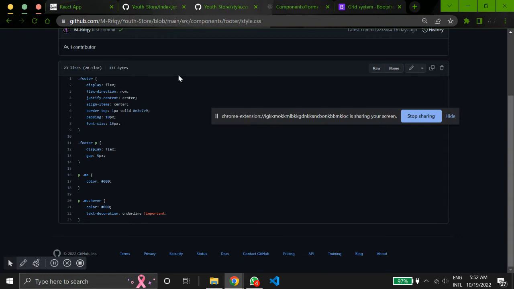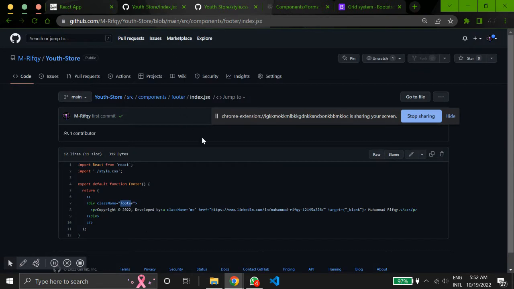Alright, so in the container we make the display flex, and the flex direction is row. If you're not using flex row,